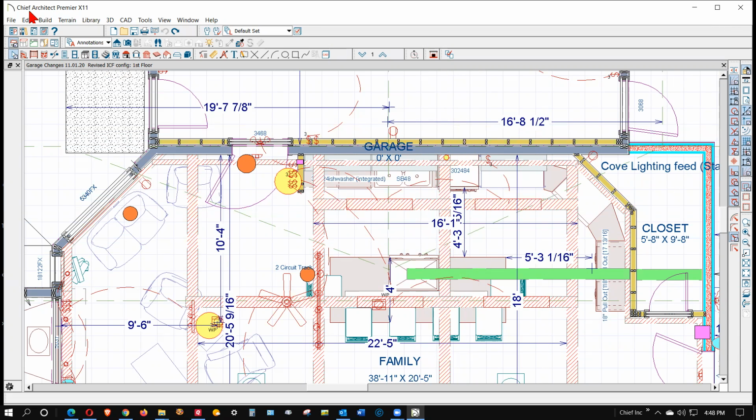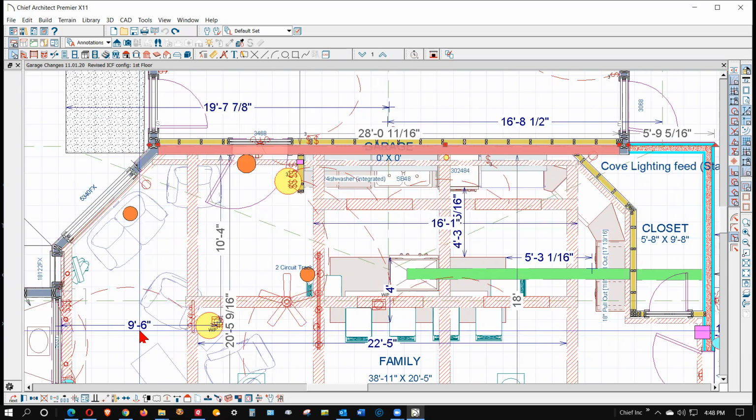I've got it open in X11, which is a big brother of Home Designer Pro 2020. I don't think I need to share this plan with you, but it's pretty straightforward. I checked this wall, and by opening it up,